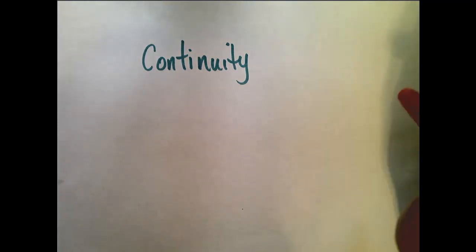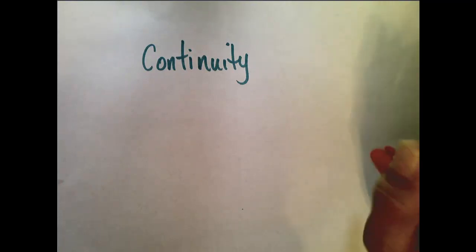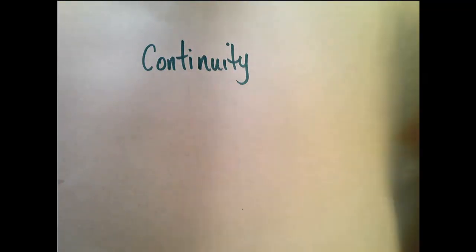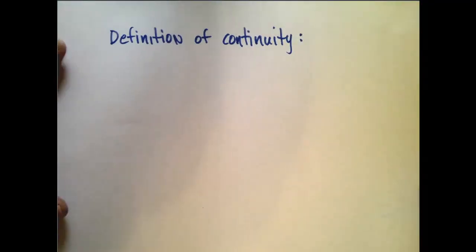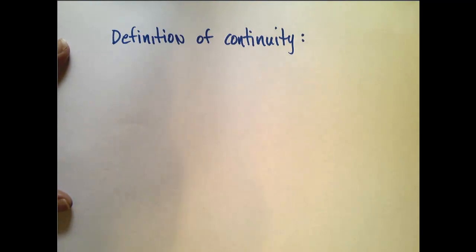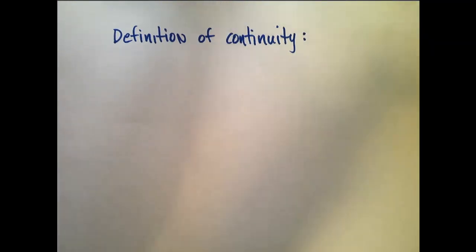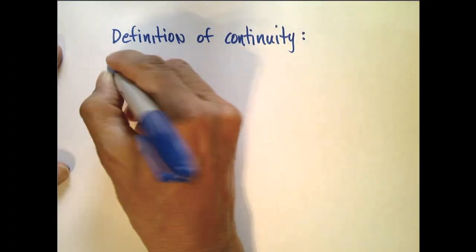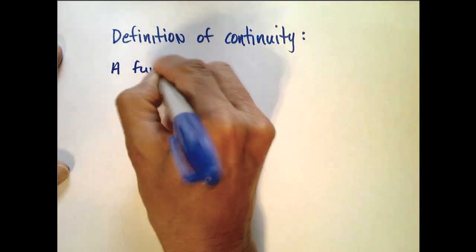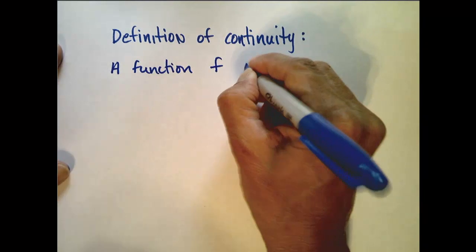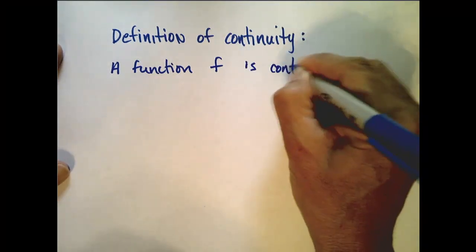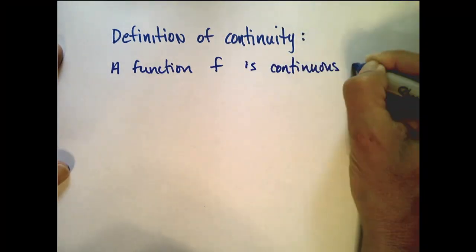To start with, we're going to talk about continuity at a particular number, or for a particular value of a. So let's formally write the definition of continuity. All right, I'm going to write it here. So a function f is continuous at a number a